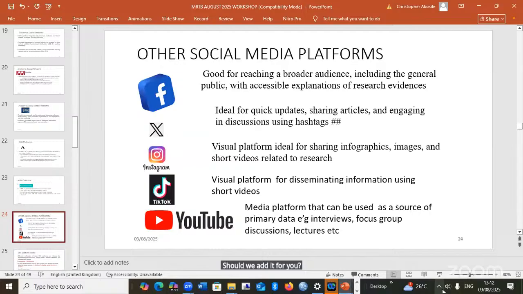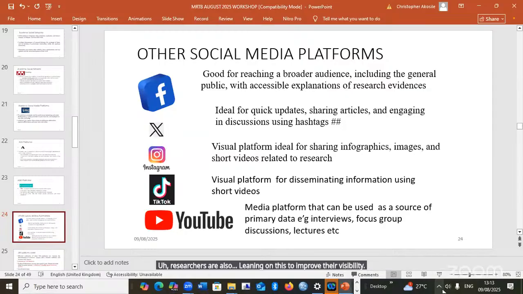Then we have the social media platforms. It's an era of social media use, and researchers are also leaning on this to improve their visibility.